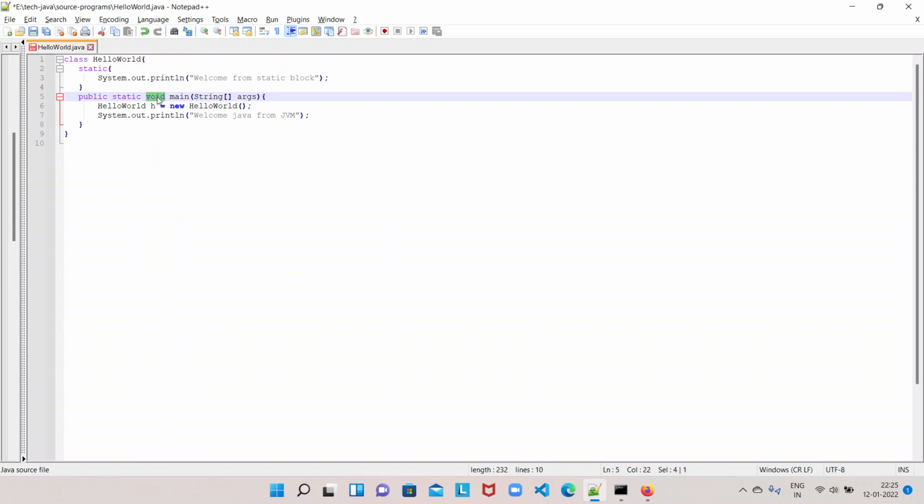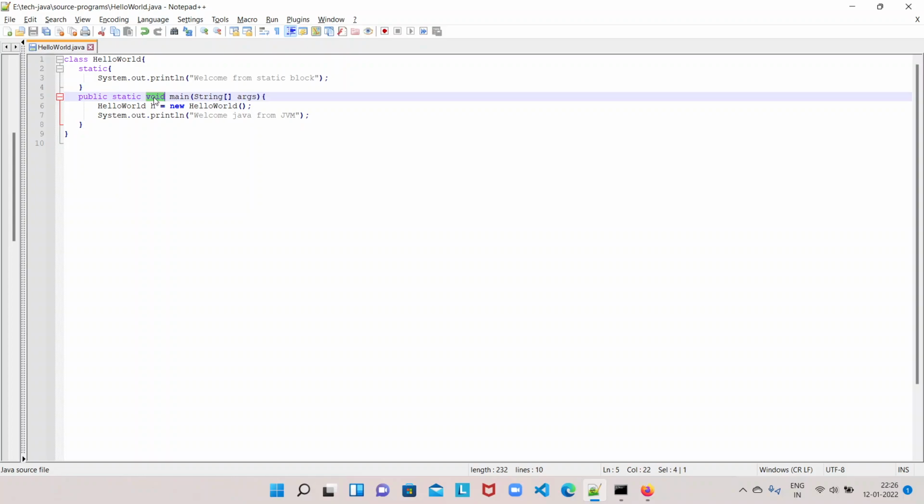If you want to return something, or if you want to come out of the JVM process, you can use methods like System.exit(0) or System.exit with some non-zero value. Those are available in Java to exit the JVM. Okay, so that is about the void keyword. We don't have to return anything from the main method to anyone. That's why we mention the void keyword.